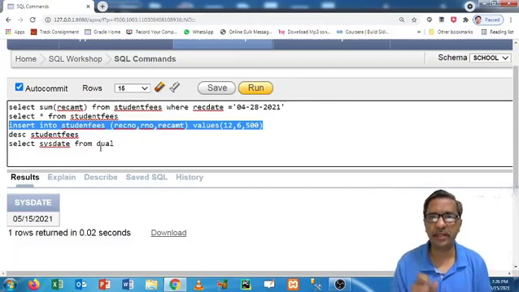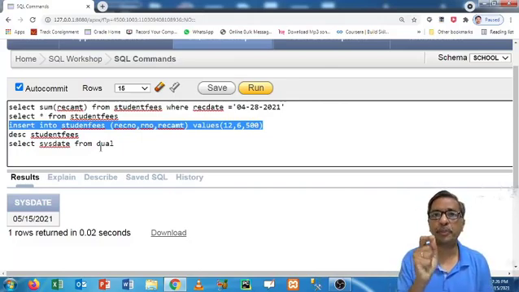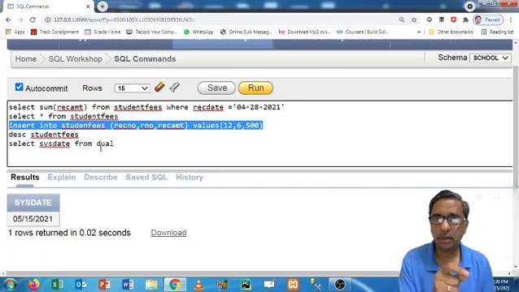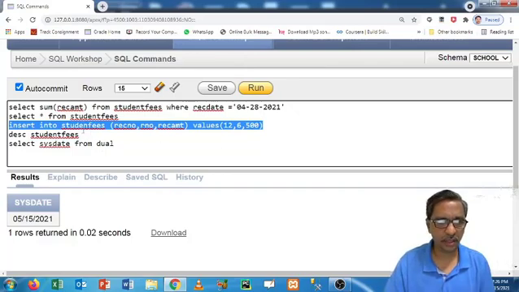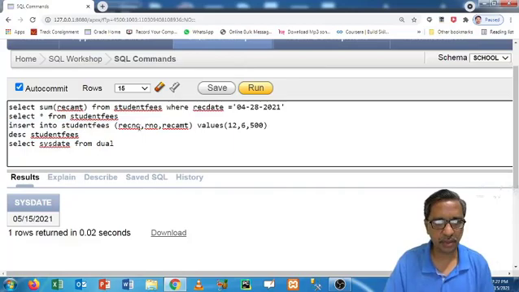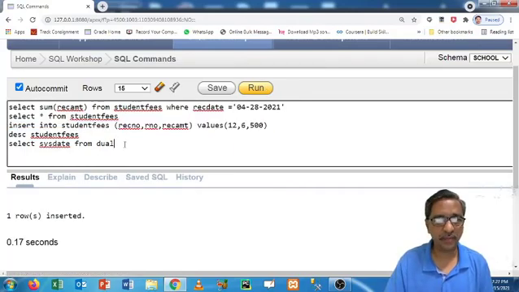Now in this query I am not specifying the date. So for this query, Oracle will consider the current system date. So if everything is perfect, student fees table, okay, and if I run this and it works fine, then no problem.